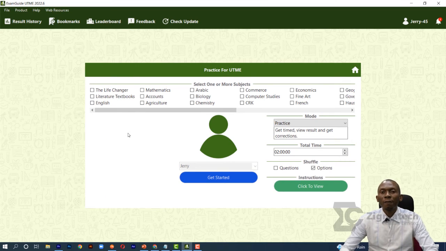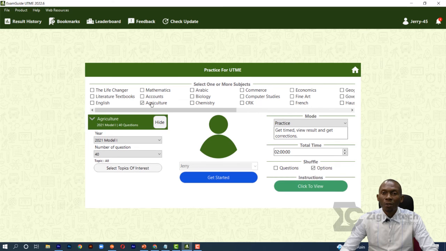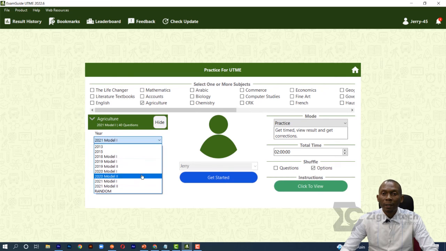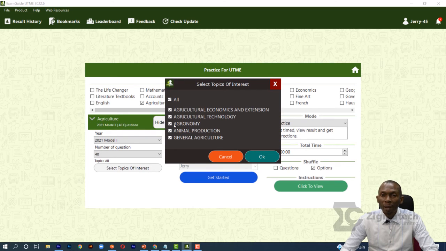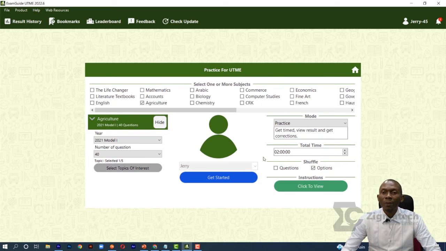You now see a list of subjects. You select the subject of interest, and our subject of interest here is agriculture. You also select the year that you want to practice. So I've selected a year. And you select the number of questions you want to practice. So I've selected that. Then we need to select the topic. So I come in here, unselect all, and now select the particular topic or aspect that we need to expose ourselves to questions. So we have what's called general agriculture. You click OK